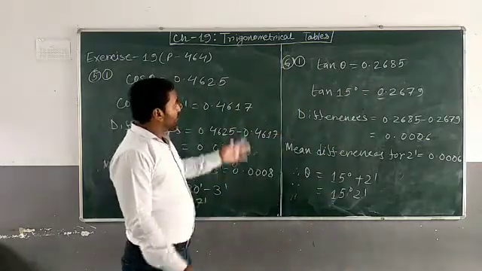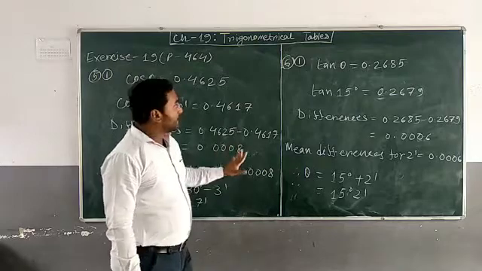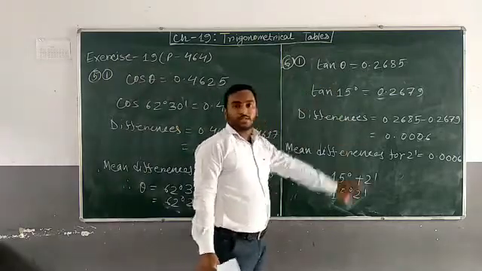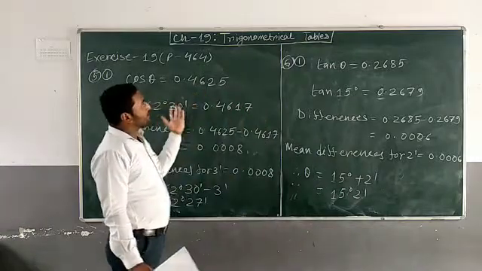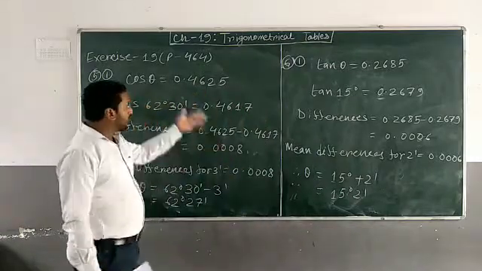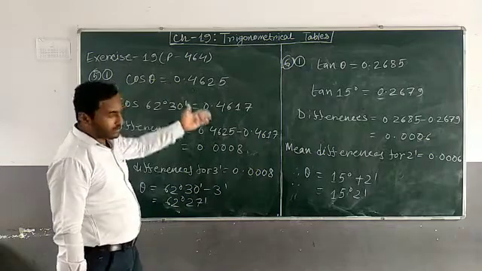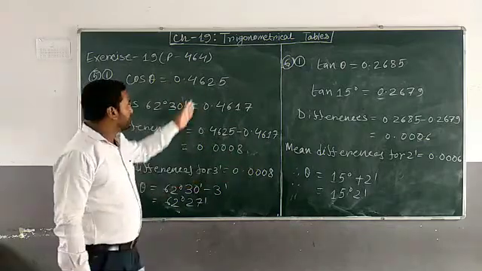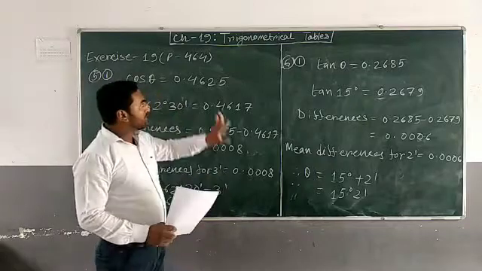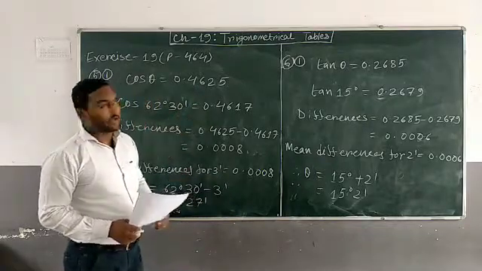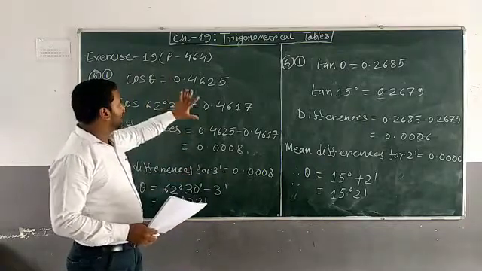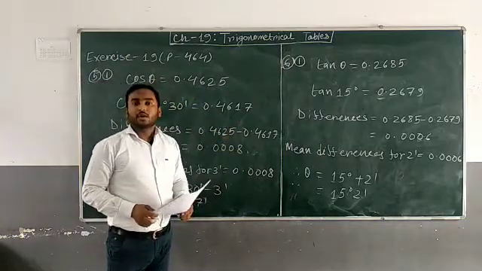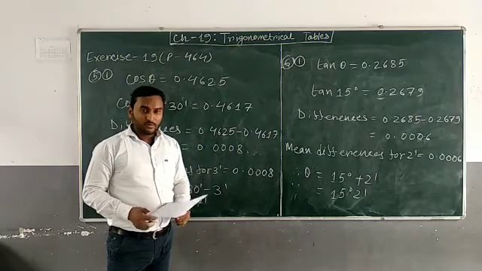So these are the methods, and the rest of the problems you can solve by yourself by following this method. These are the concepts, problems and methods to find trigonometric ratios, or to find the angle when trigonometric ratios are given. So this is all about this chapter. You can see the methods and concepts and solve the rest of the problems. Okay, so thank you.